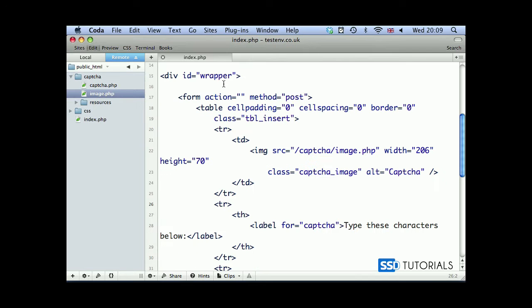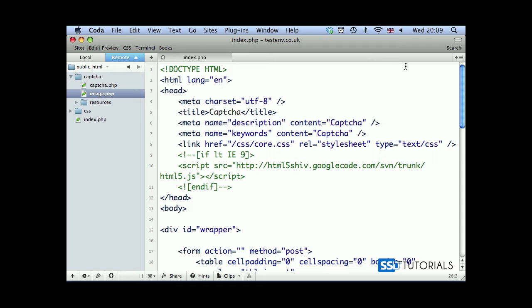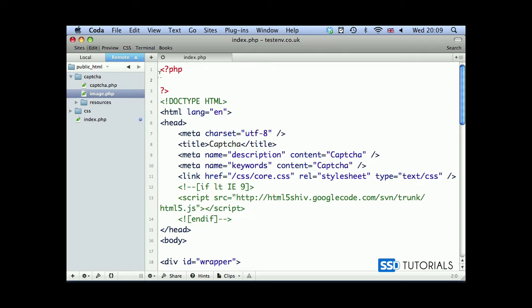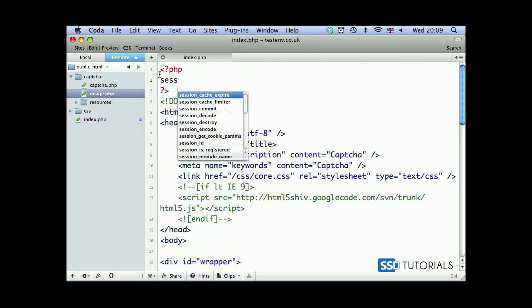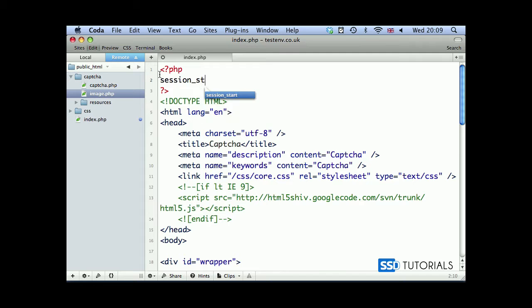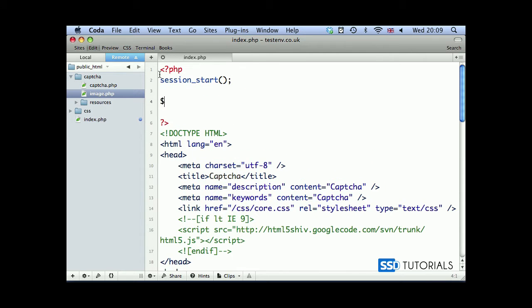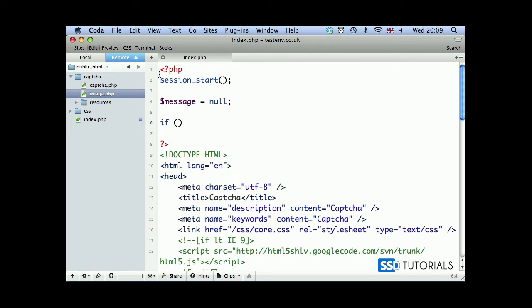Now, if we close the image.php file and scroll up to the top, before the doctype definition, we're going to start with the opening and closing PHP tag. We're going to start session_start. Once we've instantiated the session, then we start with a message equals null. And now we check if isset post